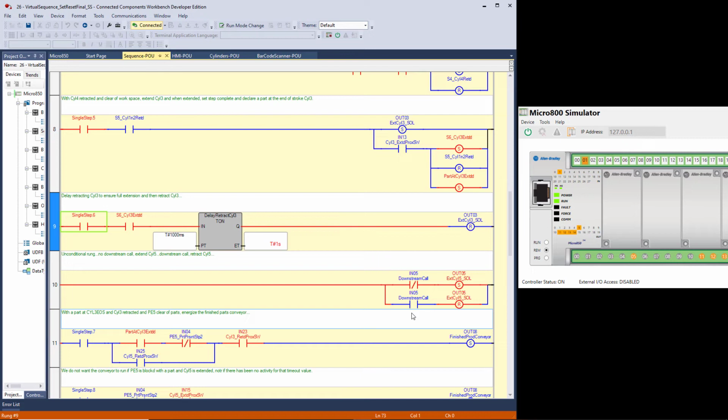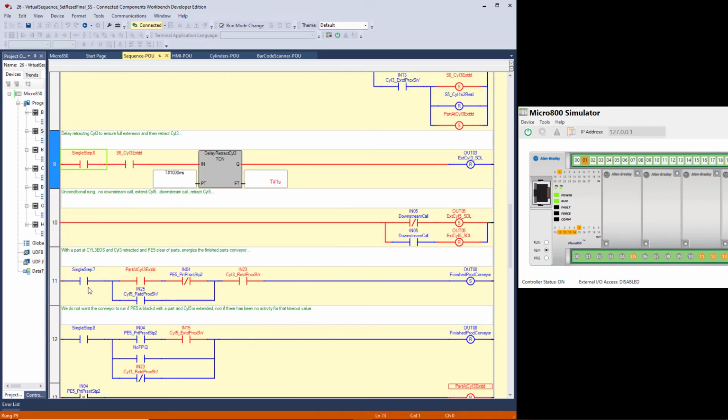So it's not a switch. It's actually a signal from a downstream station calling for parts. So there's nothing for us to do with this wrong. So we step on down here, and we can see that when we de-energized output 3, at some point we